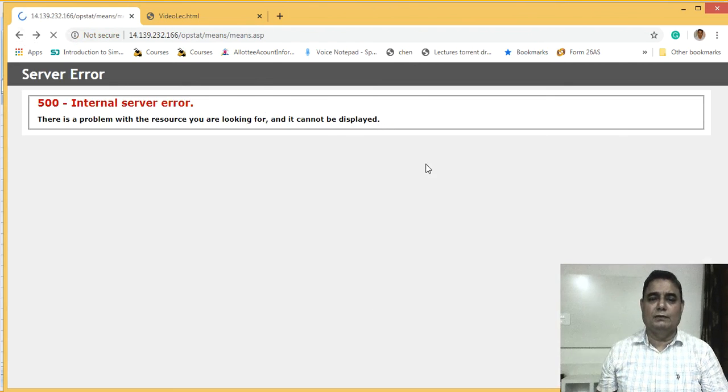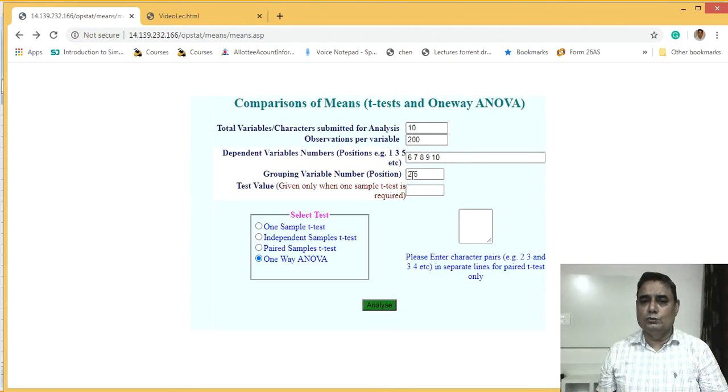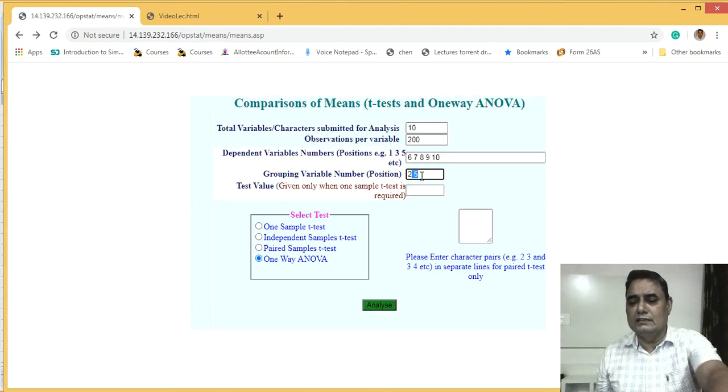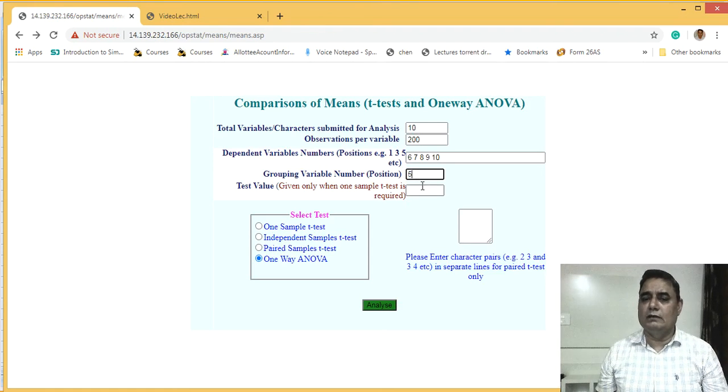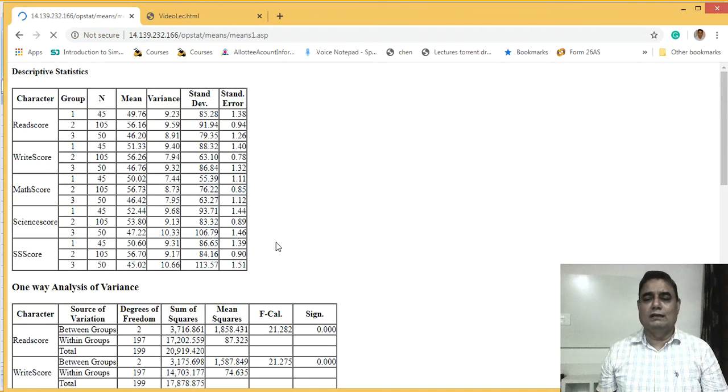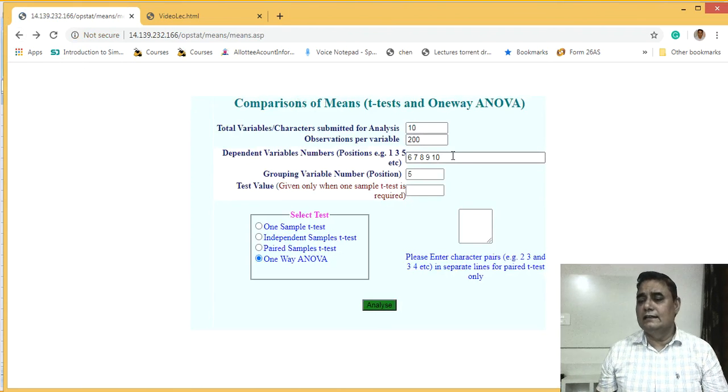No, only one variable is required. So you need not write another variable here. If you want to find out for variable number 5, then you supply it here after deleting the first one. Then analyze it and you will get the analysis. So the grouping variable you can supply only once, and the target variables are written here in a single row.